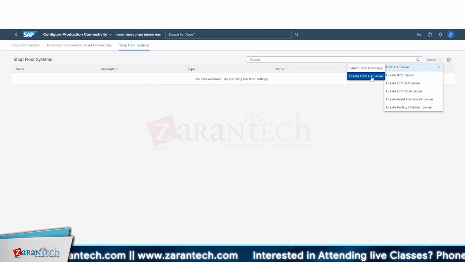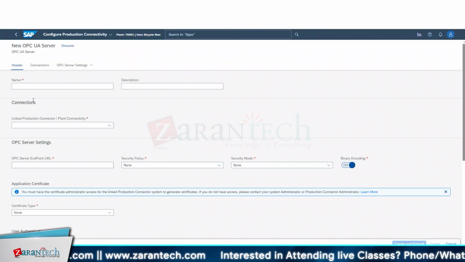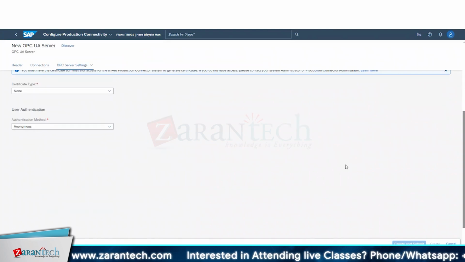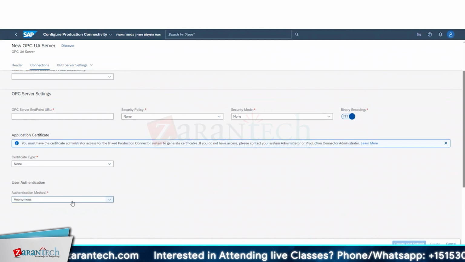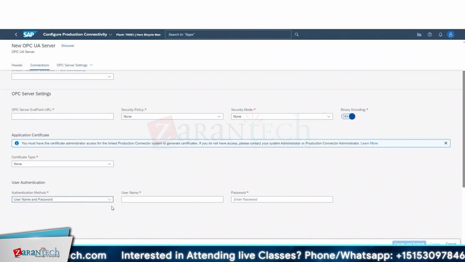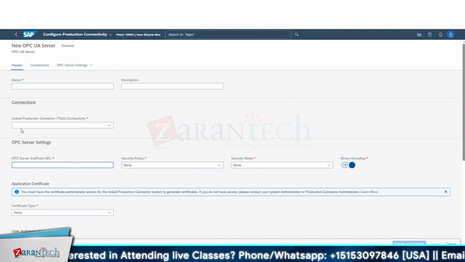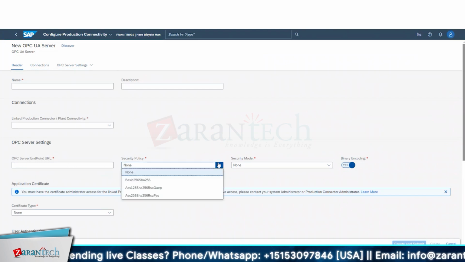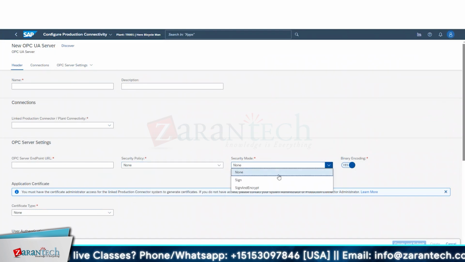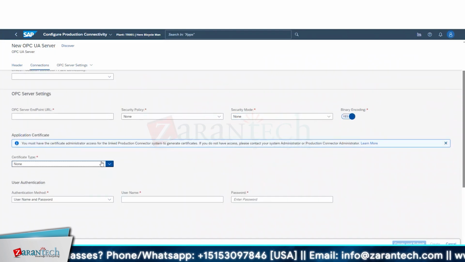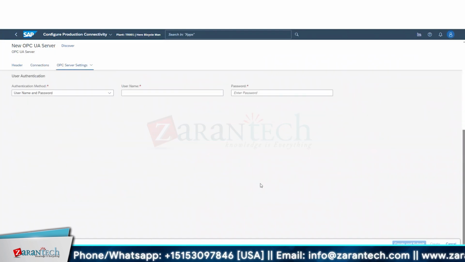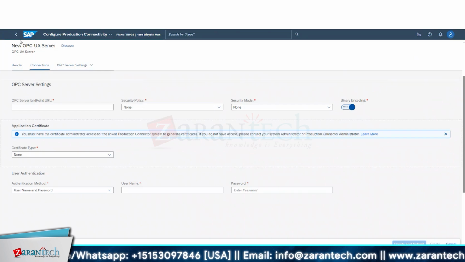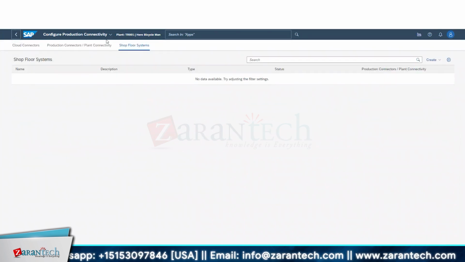So when you say OPC UA server, this is all the information you have to enter. Like what way you want to authenticate it. Then the endpoint you have to enter. Obviously, your endpoint you have to enter. What policy, the security modes, all those things you have to enter. So this is where you create the system. Once this is done,